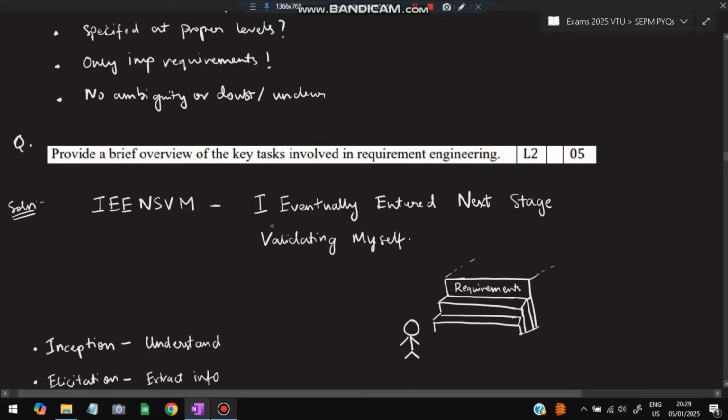Okay, for that what you have to remember is: I eventually entered next stage validating myself. It means requirements analysis is the next stage which only expert people can do, and you're standing at a lower stage, but you made it to the next stage by validating yourself, by having a self belief that you can reach the next stage. Okay, so this thing you have to remember,